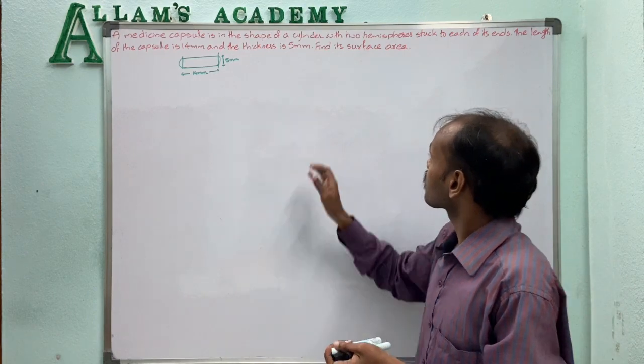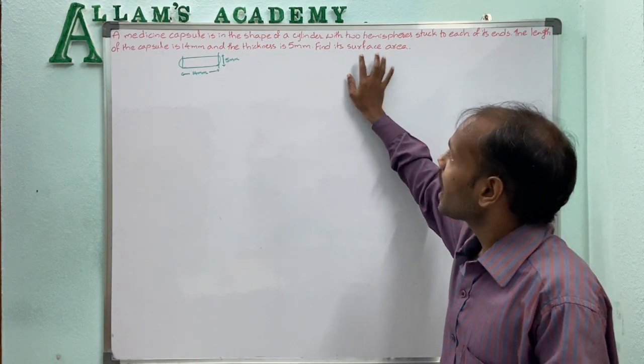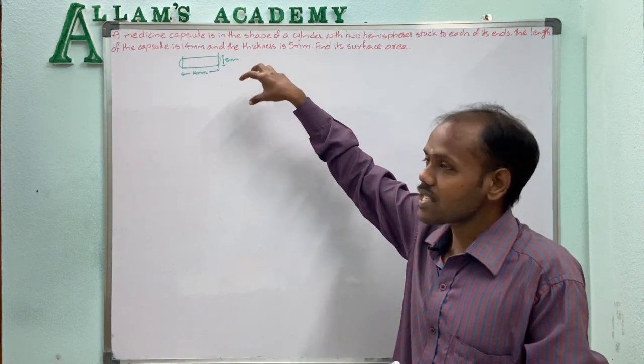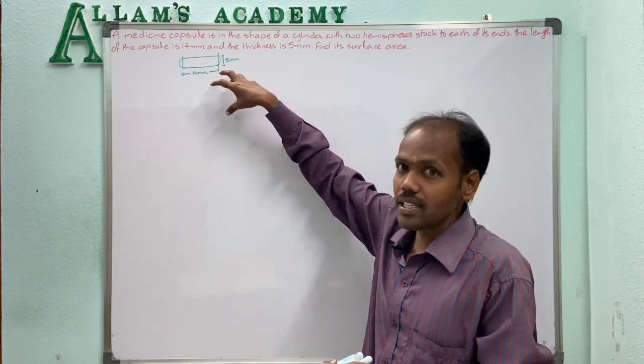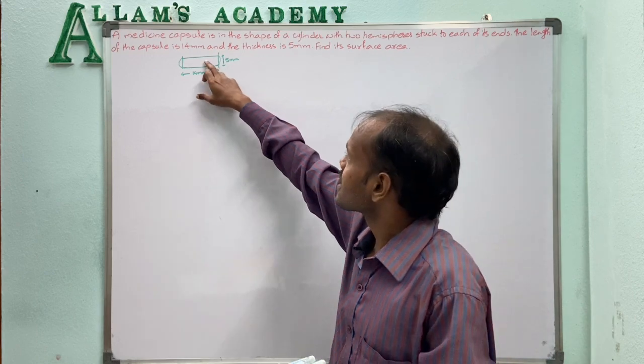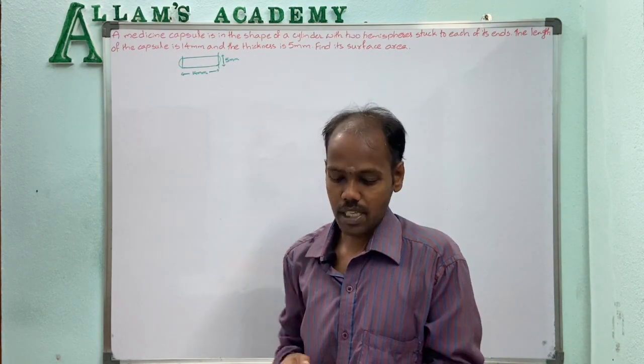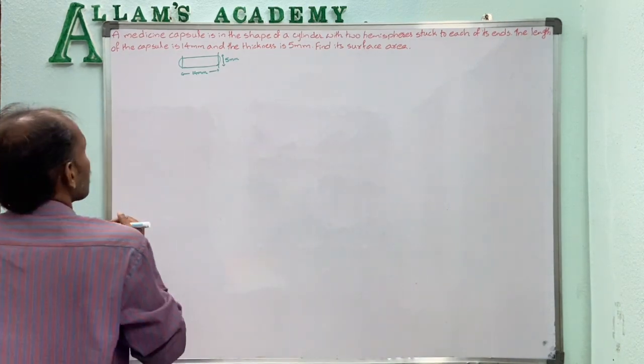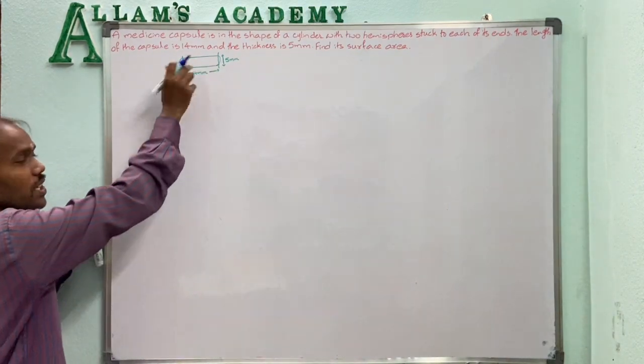We are asked to find the surface area of that medicine capsule, that is nothing but the sum of the curved surface areas of the cylinder and two hemispheres. That we have to find. So first, using the given information, finding the